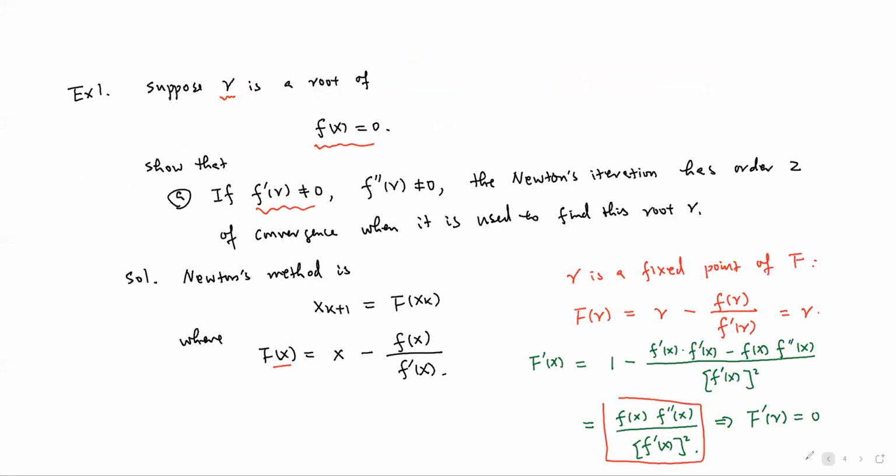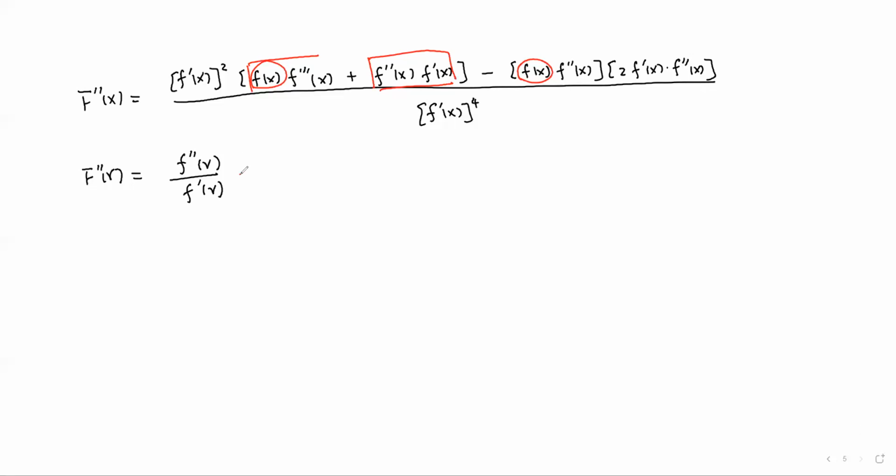Let me go back to the question. The question says that the first derivative of little f at R is non-zero and the second derivative is non-zero. That means that this is non-zero. So the previous theorem guarantees